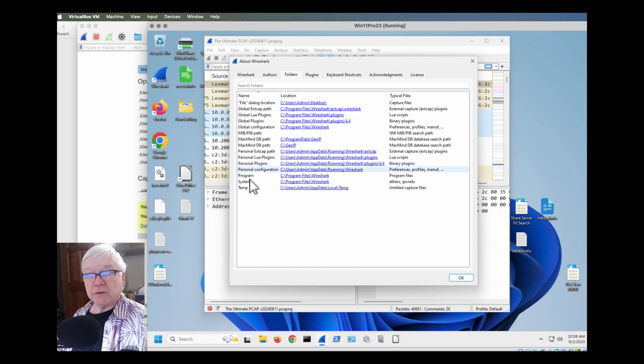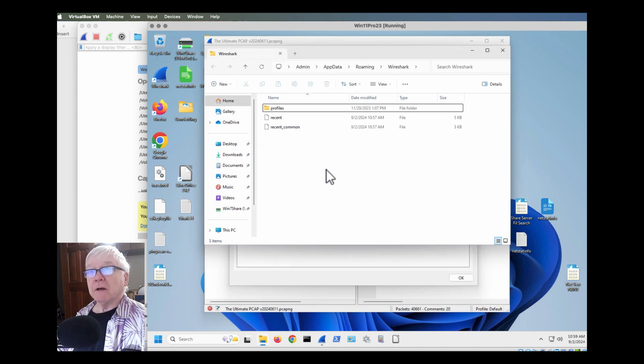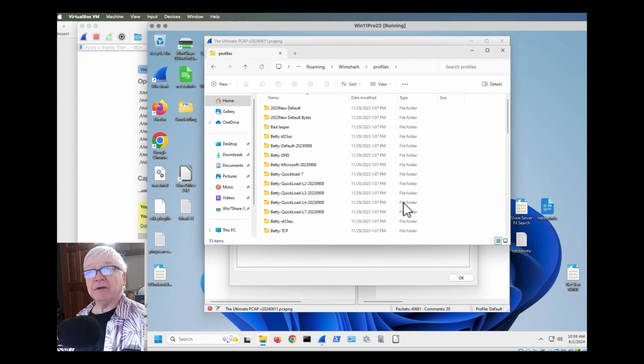Now, what I'm concerned about here is the personal configuration. And if I open this folder, I'm going to see what are the profiles that are currently defined here. And so it did not actually get rid of these when I got rid of the previous version. So I already have a bunch of profiles here.